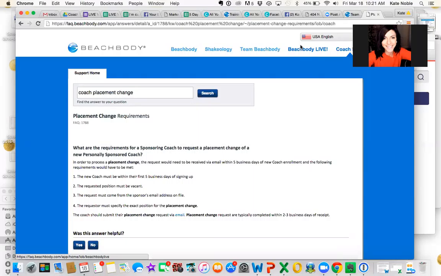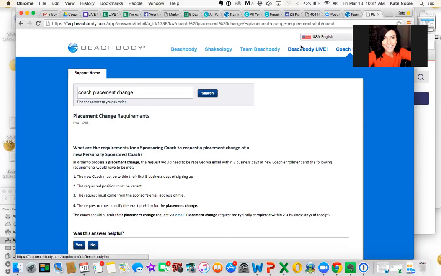your organization, you want to make sure that they are placed in the right position to benefit your business. And it's very normal that sometimes a coach will fall in a spot that you didn't want. You forgot to move them or move your preferred placement. So this is what you do if you have a coach that's joined your organization and they're not on the right leg. Again, we as a team want to make sure that we're always placing coaches on the outside legs